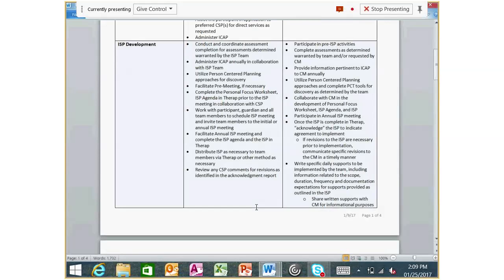One of the things that I want to point out is the next bullet where it talks about writing specific daily supports to be implemented by the team, including the information related to the scope, duration, frequency, documentation expectations for supports provided as outlined in the ISP. So to give an example of that,